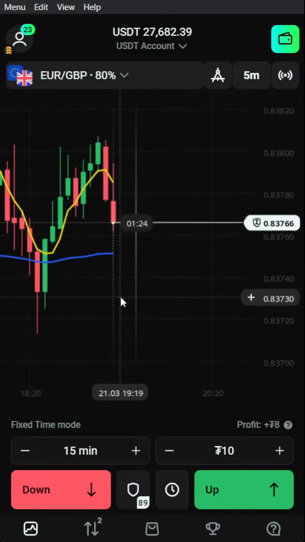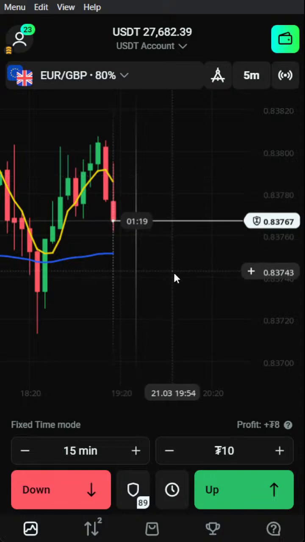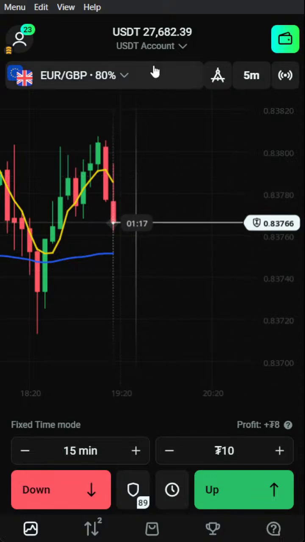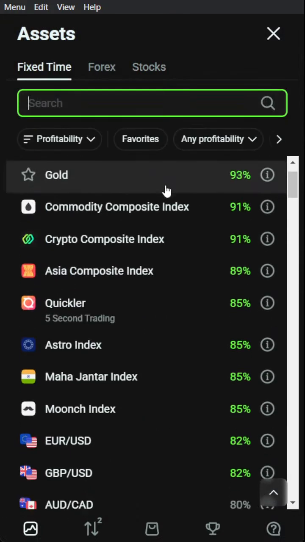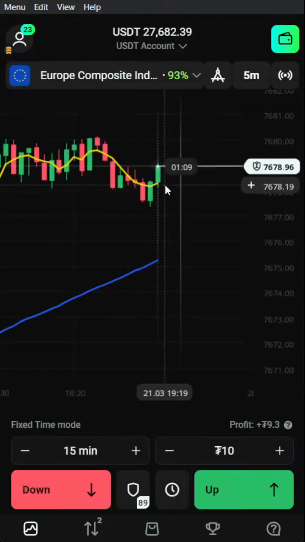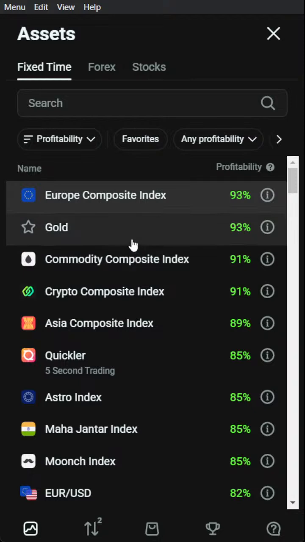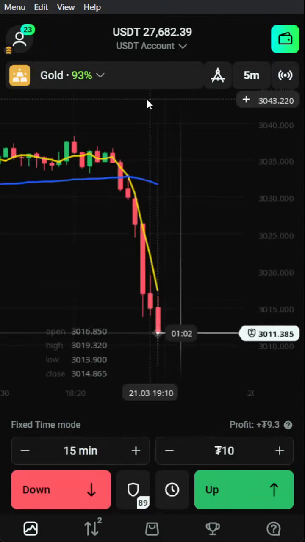But if I want to follow the strategy, I will have to wait for the SMA 4 to cross SMA 60. Okay, only then I would be able to get my trade. So yes, that is a correct signal, but